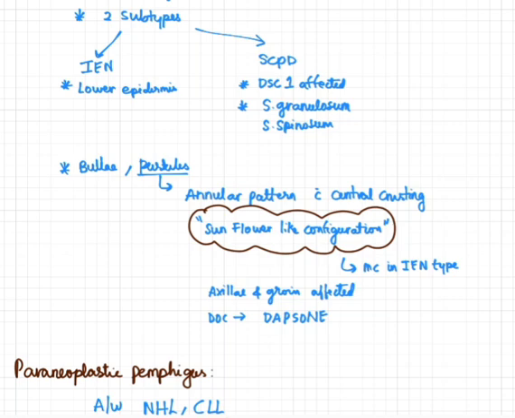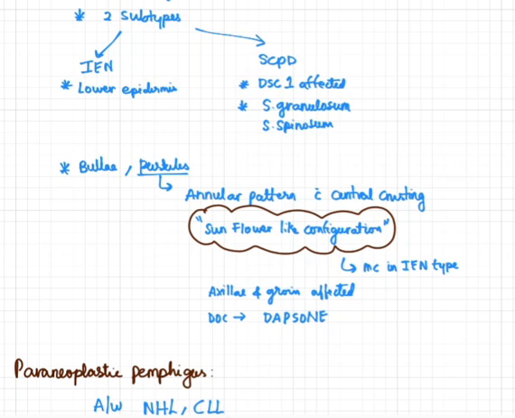In the SPD variant here, desmocollin 1 is affected, and the layers of the epidermis that are affected are the stratum granulosum and stratum spinosum. Whereas in the IEN type, the lower epidermis, likely the lower layers of the stratum spinosum, are more likely to be affected. So here the lesions are not only bullae or vesicles, they can be pustules, and these pustules are